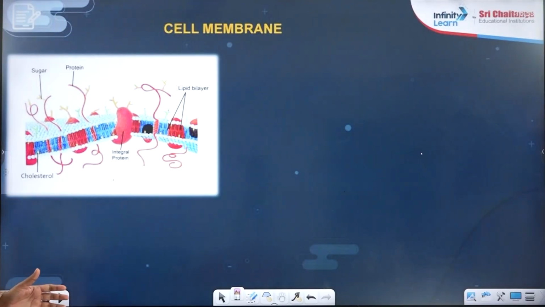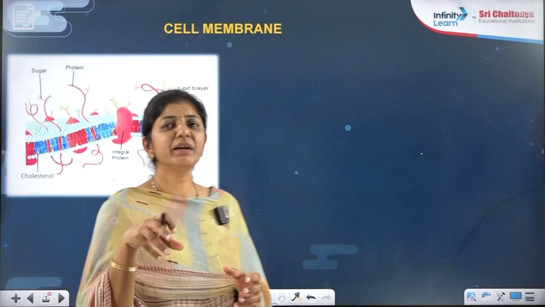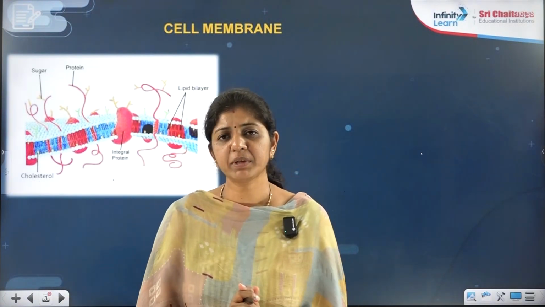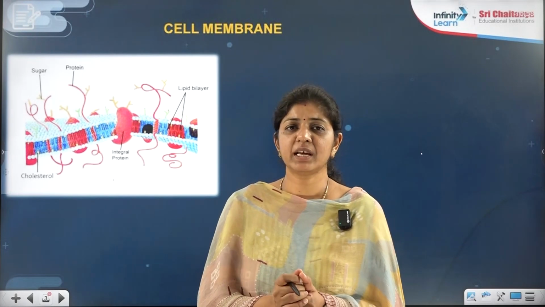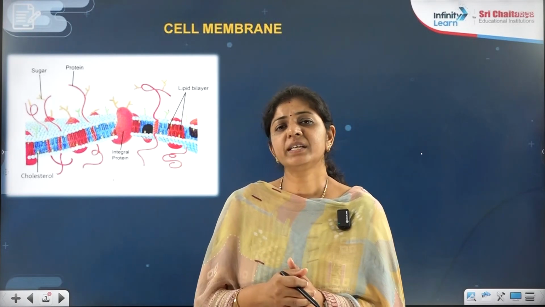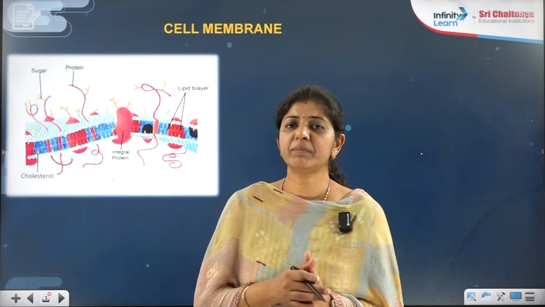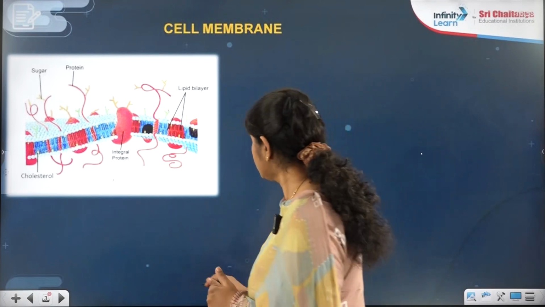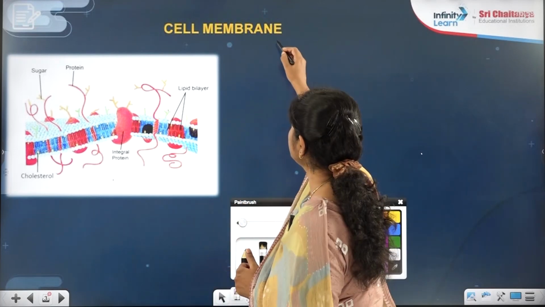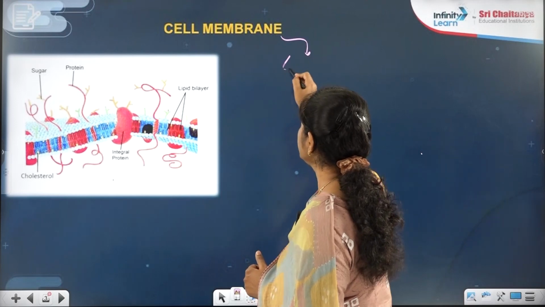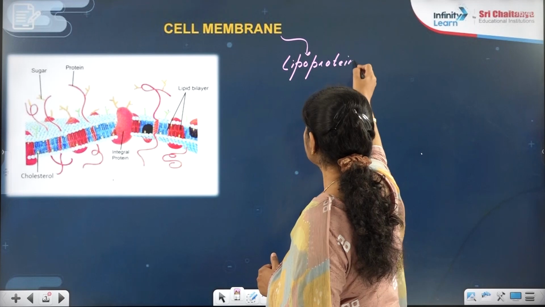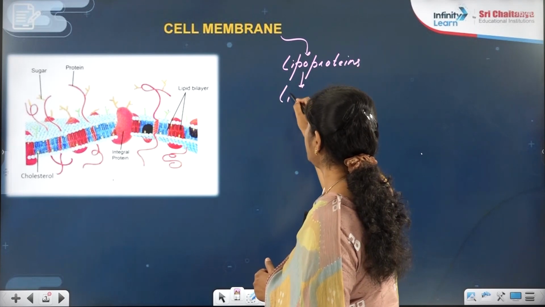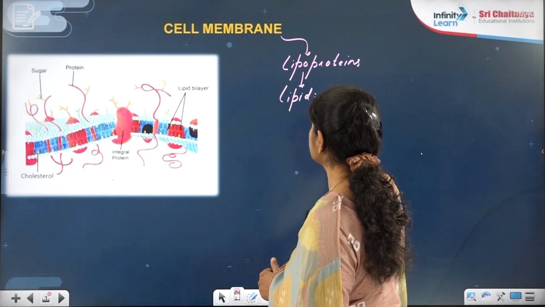So cell membrane, can I say this is a delimiting membrane in case of animal cell? Why? Because there is no cell wall in case of animal cell. But in plant cell you will find cell wall, inner to that will be cell membrane. Now the composition of the cell membrane: it is made up of lipoproteins. Lipoproteins means it is made up of lipids plus proteins,